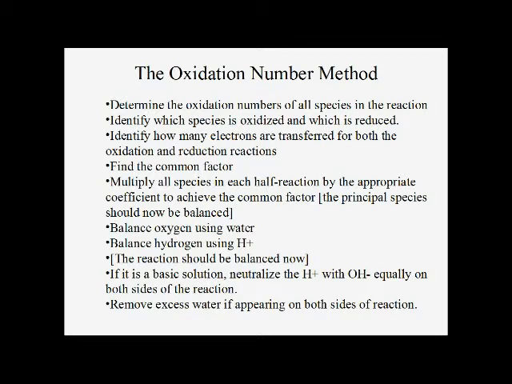And then between the two reactions, we find a common factor, so the same number of electrons are transferred. So if we have 2 and 3, what we're going to do is find the common factor of 6, 2 times 3. Then we multiply everything in each half reaction, so we have to make sure the half reaction